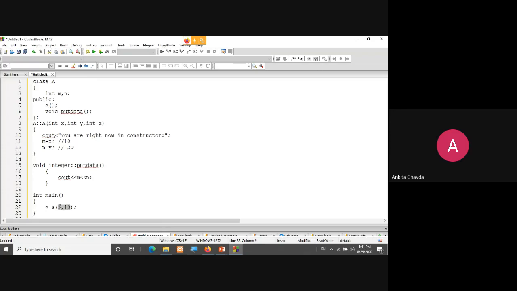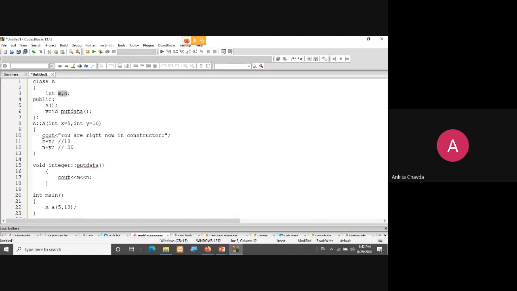So it will find the match, right? Integer and integer, just like function overloading, how the function will be called, it will match the parameters. Okay, two different integer parameters are there, so I can take that over here, integer and integer, that will be matched, and 5 and 10 will be passed over here. 5 and 10, fine, and that I am assigning to my data members, which are m and n.